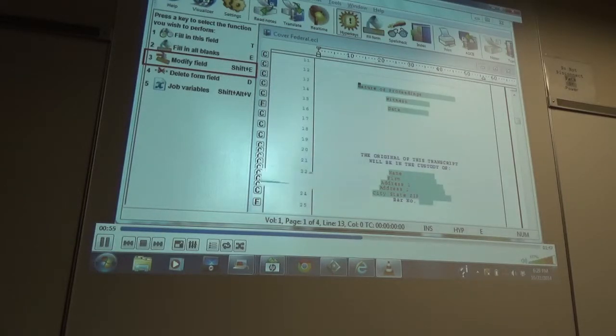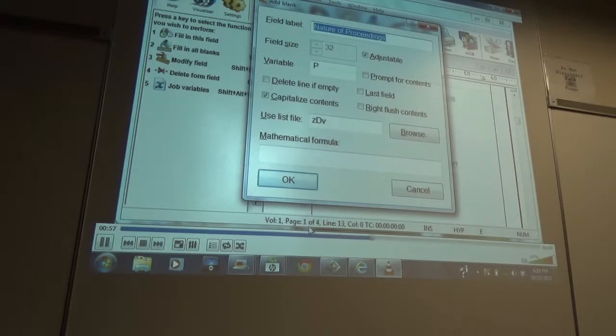Maybe I want to give it a different name or use a different variable so that the information I